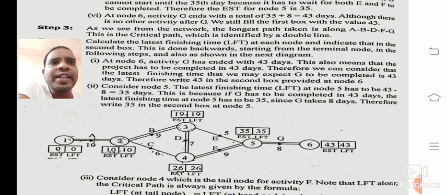And at node 3 we have two ways, from 5 to 3 and 4 to 3. Whichever gives the minimum value after subtraction, you consider that. From 5 to 3, 35 minus 5 gives 30, and 26 minus 7 from the fourth node gives 19. So the minimum is what we consider, that is 4 to